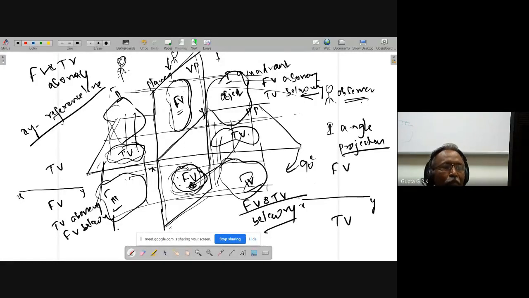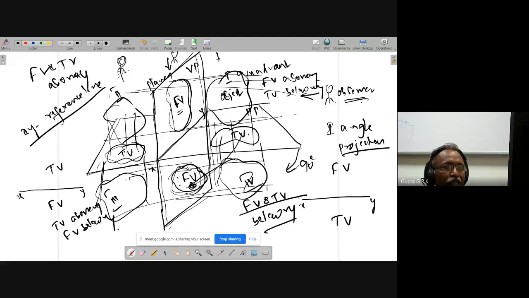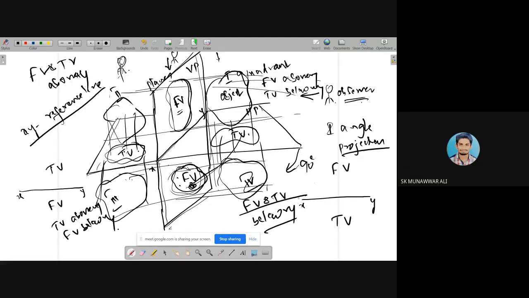Am I clear? The second quadrant and fourth quadrant overlap with each other, which will not give me clarity about the object, so the object is not kept in the second or fourth quadrant. We prefer first quadrant or third quadrant. Is it clear? Yes, sir.